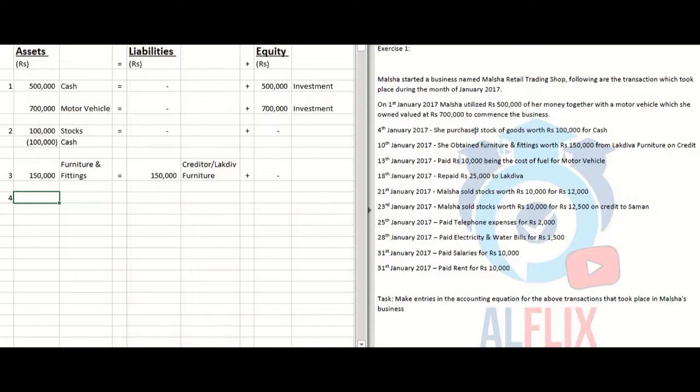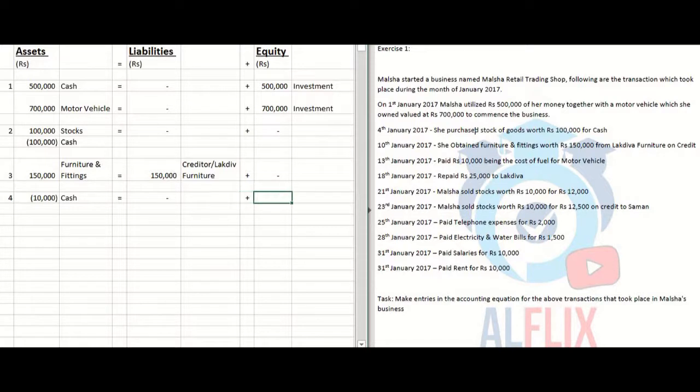So this will result in a reduction or decrease in asset in terms of cash, as this has been paid, for rupees 10,000. Since it's a reduction, it's negative. Also, there will be a nil effect on liabilities as this doesn't create an obligation,